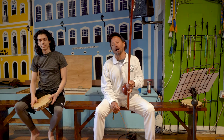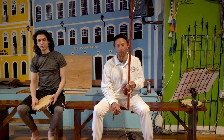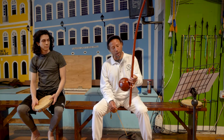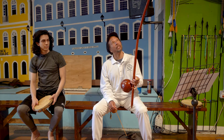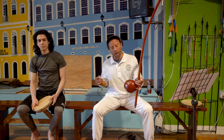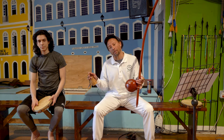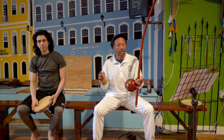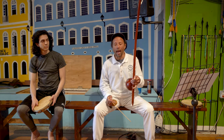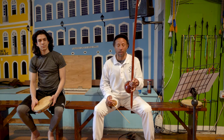We are going to work on Capoeira Luta Regional da Bahia. Capoeira Regional today. So we have our Capoeira Regional Berimbau. A Capoeira Regional Berimbau is slightly shorter than a traditional berimbau, a little thinner, a bit lighter. The cabaça is mid-range between the violinha, the smallest, and the médio, the medium-sized. It has a very rich tone, and this one was made by Mestre Nenel, who is the son of Mestre